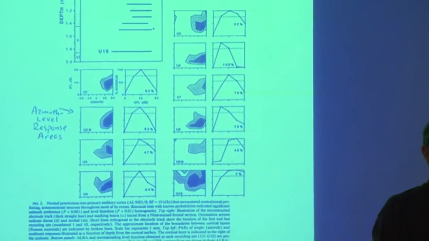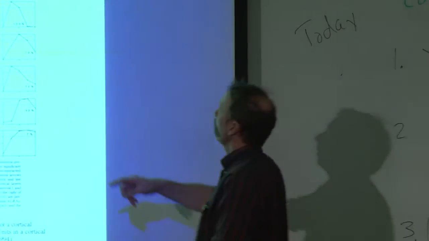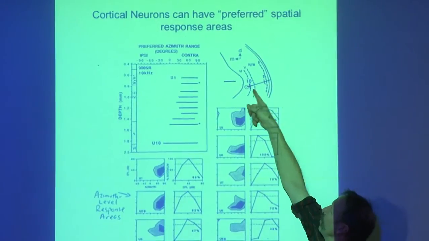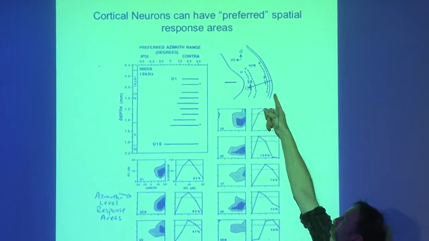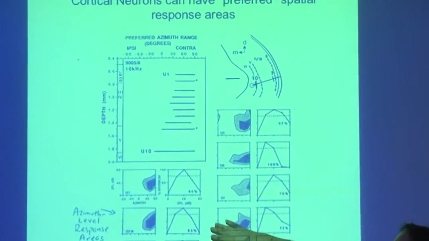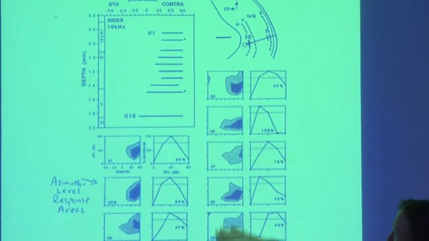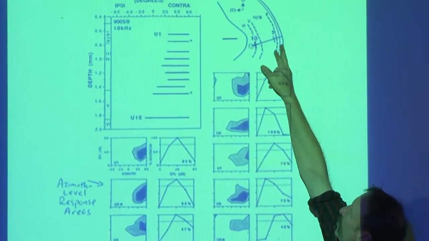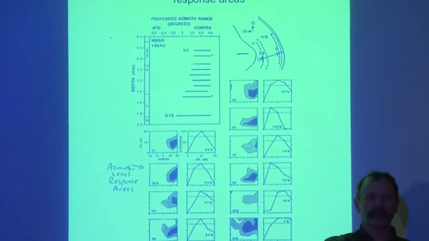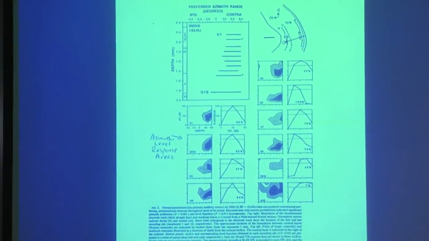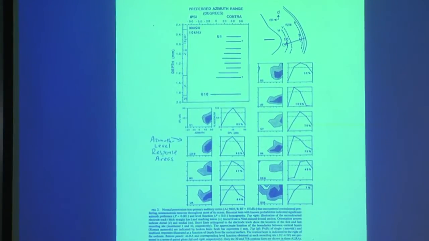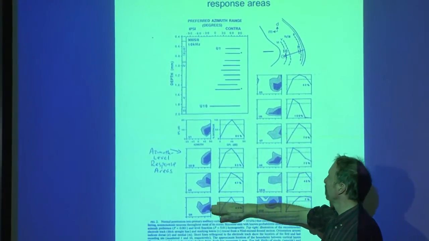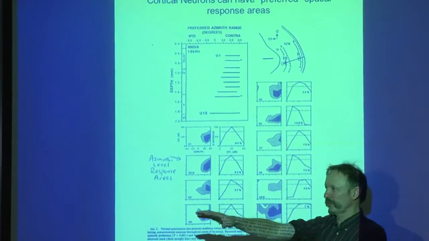These are recordings now from the auditory cortex within a single column. So shown here is the electrode penetration going from unit 1 down to unit 10. And those are indicated here, unit 1 down to unit 10. And the cortical layers are indicated by the Roman numerals 1 through 6 here. And they're recording these 10 different neurons from a given cortical column. And what's impressive about these studies is that the azimuth of each of these neurons, where it prefers in space,